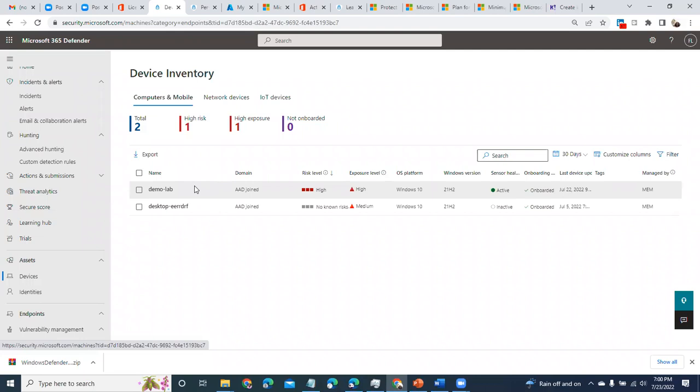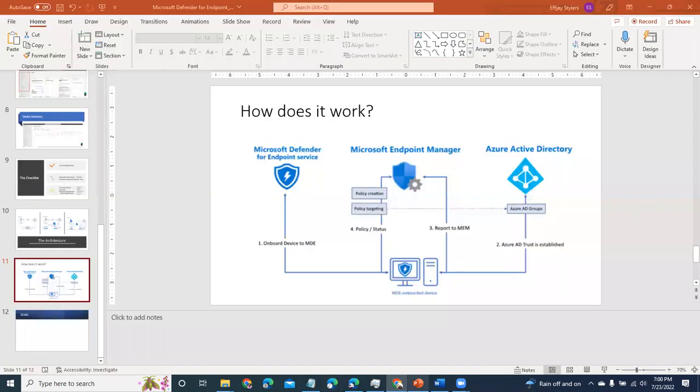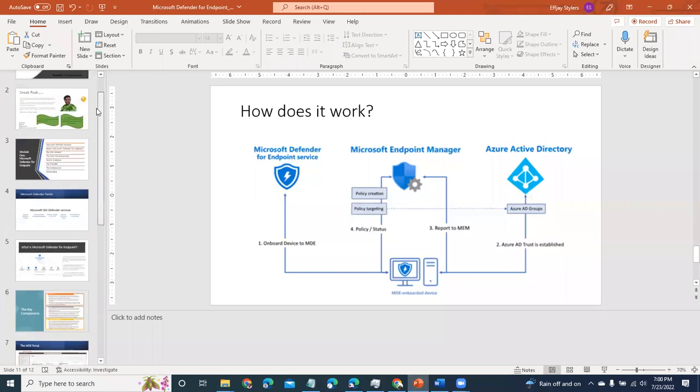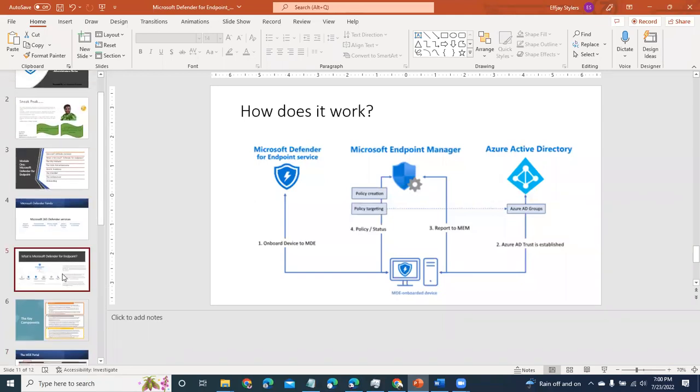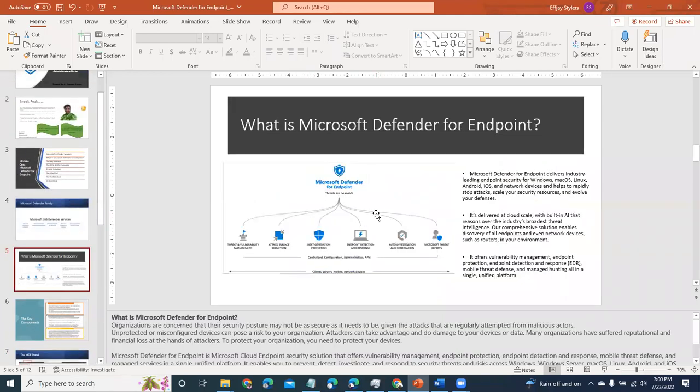This device is onboarded. Because the sensor is on this device, I can automatically leverage all of this that we have talked about here. Everything here.